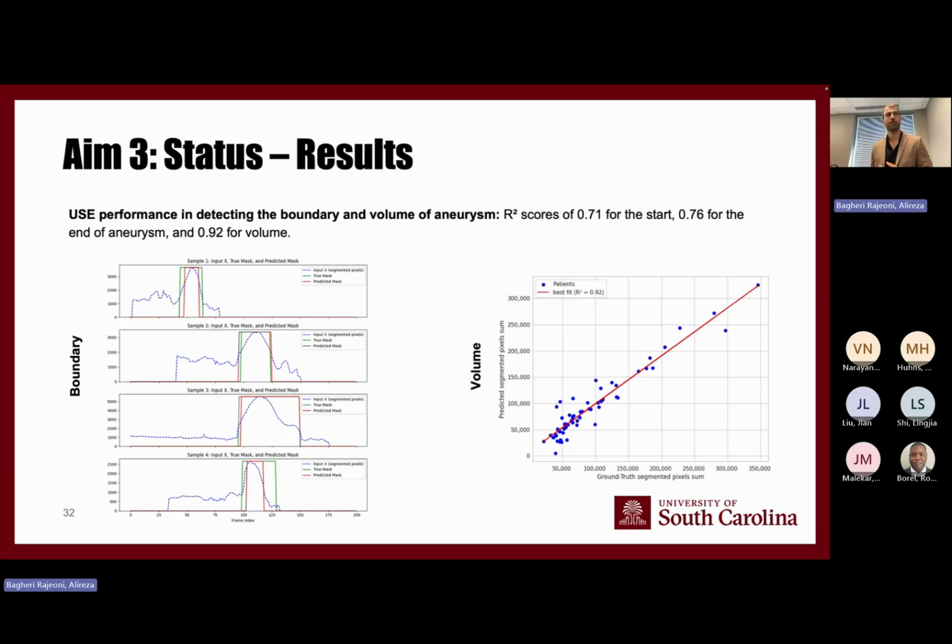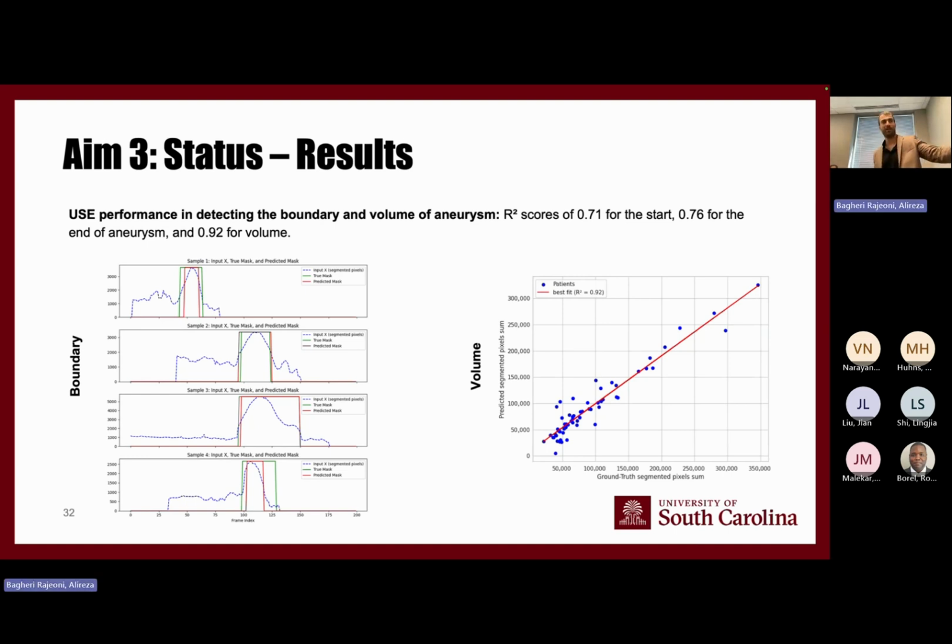Here's how it performs. On the left, we have the number of segmented pixels per slice. The left of the plot shows the thoracic region. As we go down, that's the bifurcation. The blue represents the number of segmented pixels per slice. You can see it starts from 1,000 to 2,000, and then when it gets to the aneurysm region, we have a spike in the number of segmented pixels that represents the